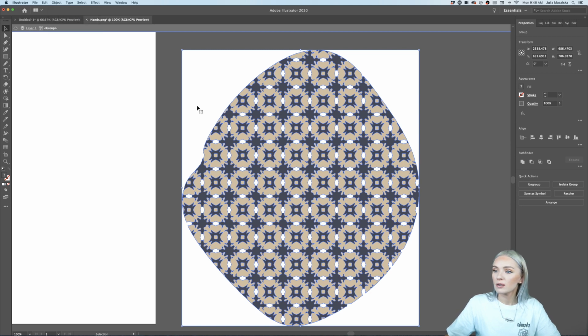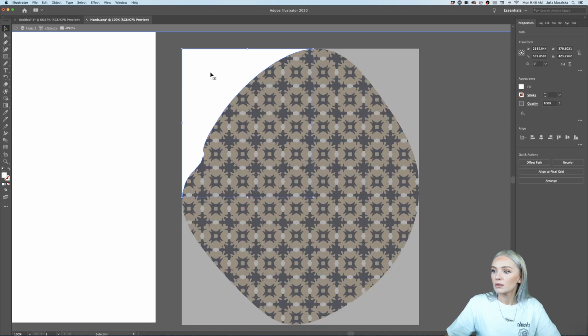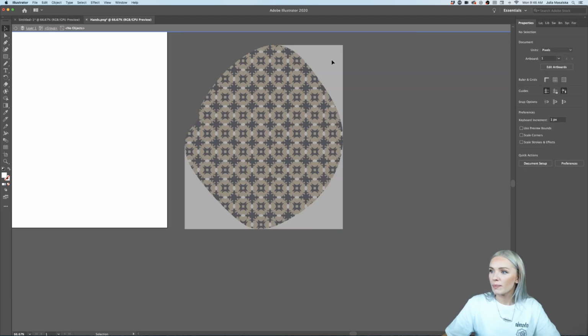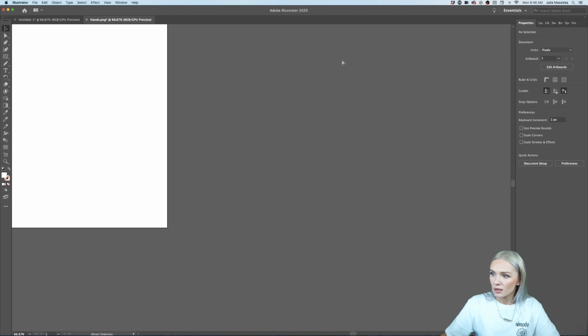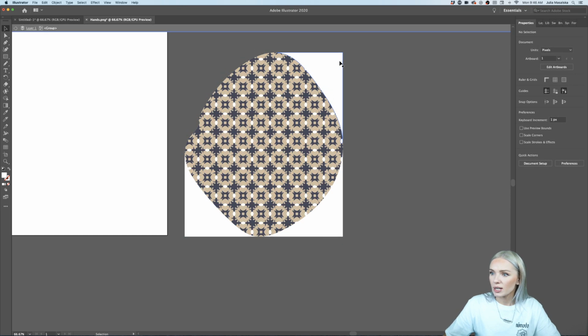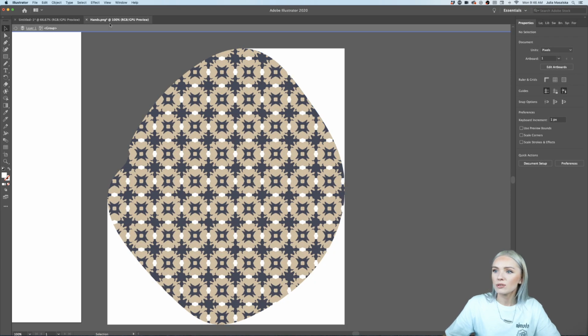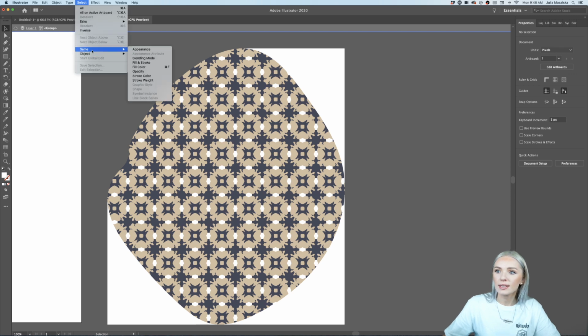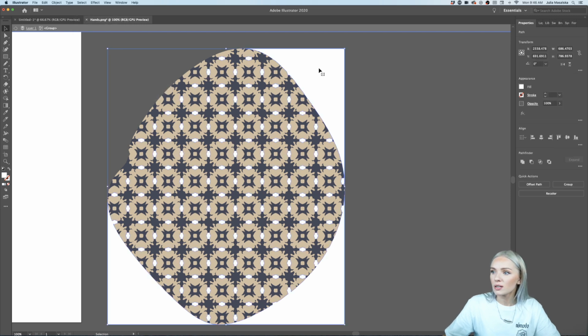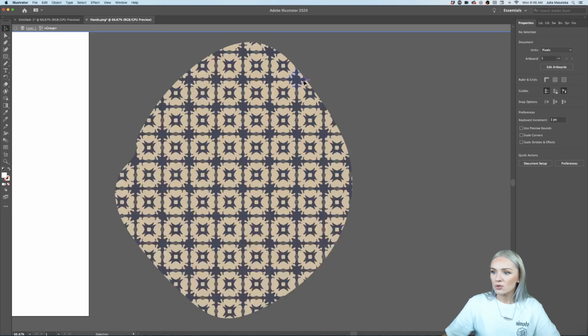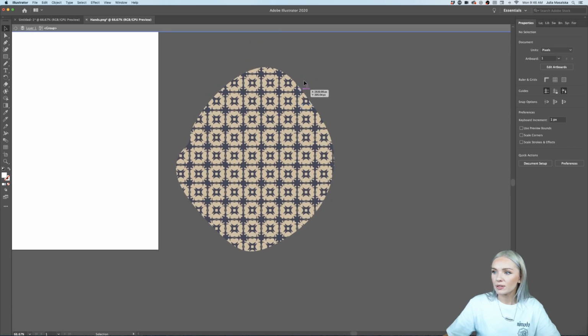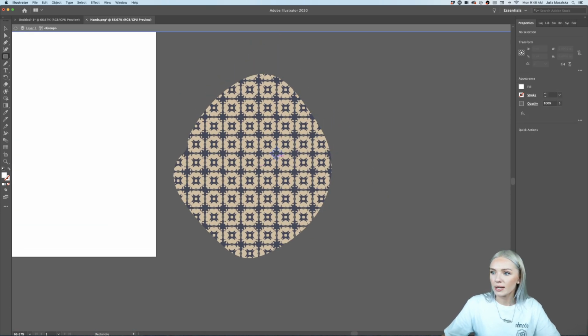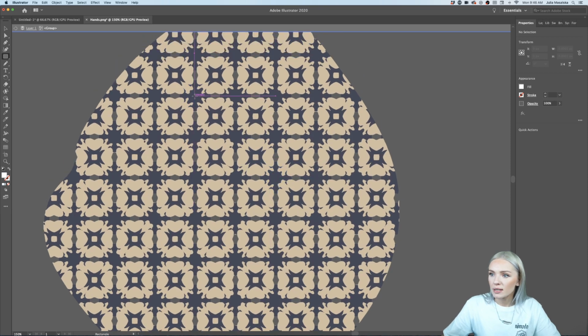Image trace. Let's see. Okay, I'm going to remove the background here, the white background. Actually, I will be able to just select the same color. I can still do that. So select same fill color, and now I'm just going to remove that. So now I have just this clean pattern, and now I'm going to create a little clipping mask around here,